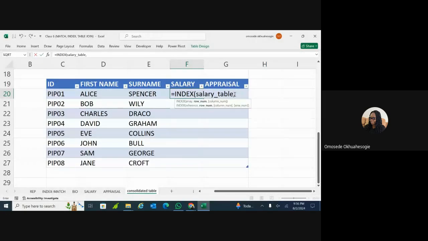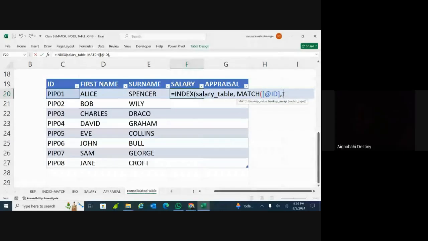The row number, we don't know the row number, so get it. And the match is asking us for a lookup value, which is 01, comma. So it's asking, this is how we made a mistake. The lookup array, the match is 01. Lookup array here is